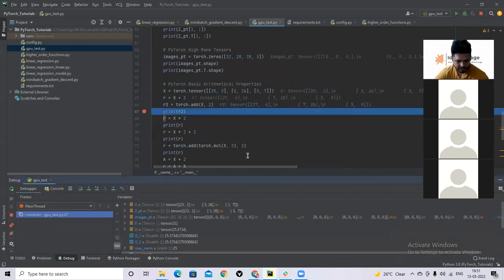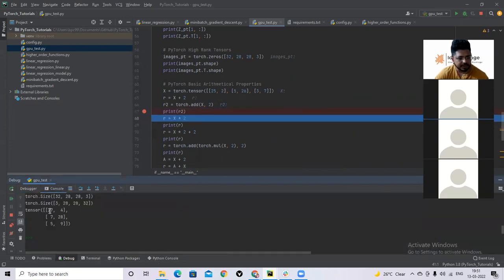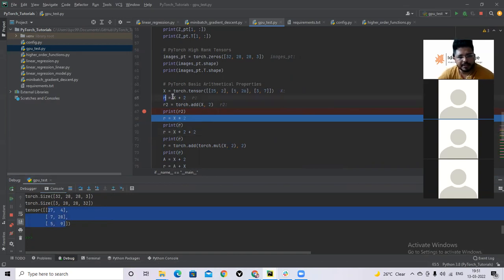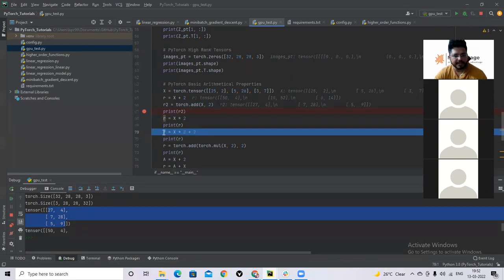Now if I print it, it will be the same output. So I can either use operator overloading to do this directly, or I can call the torch add method and add the two components. Similarly, I can have complicated arithmetic statements, like the tensor object multiplied by 2, then all of them added by 2.